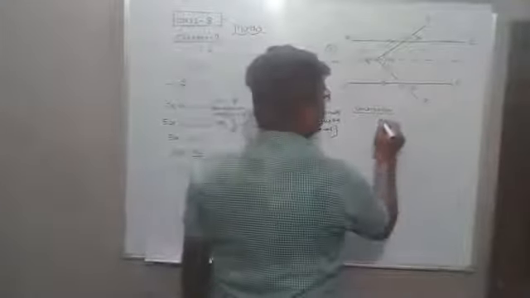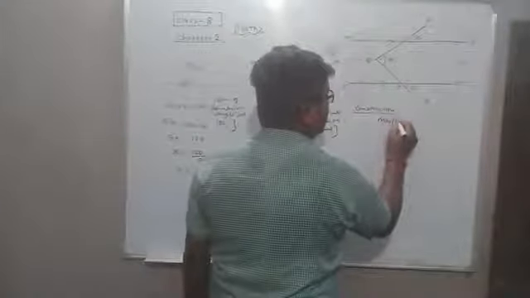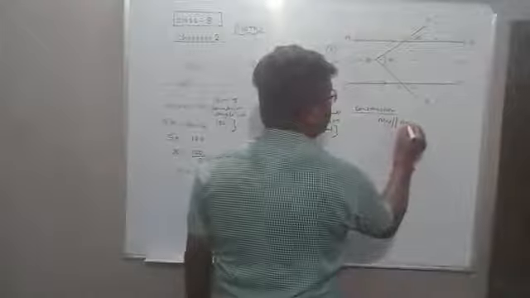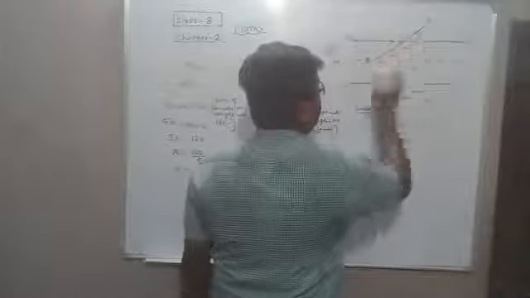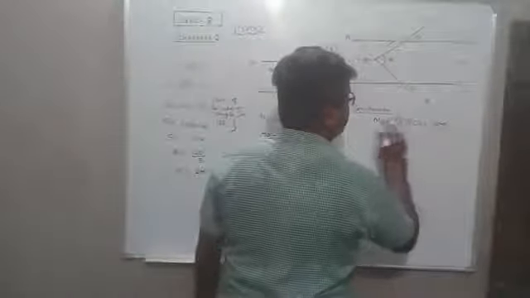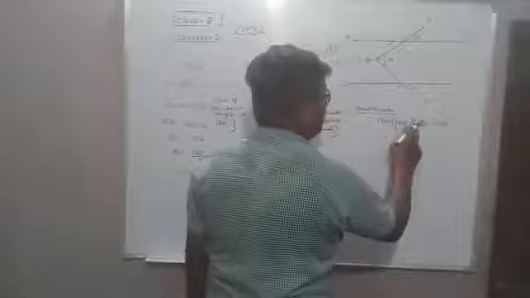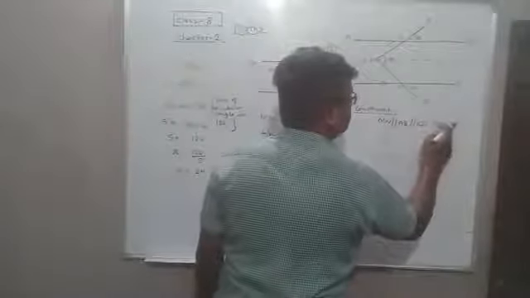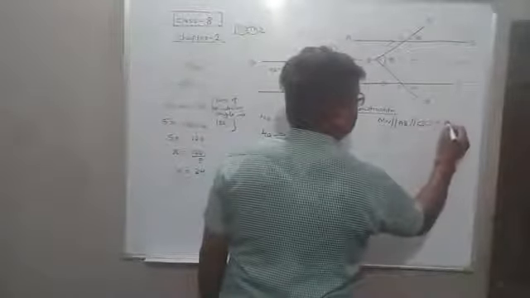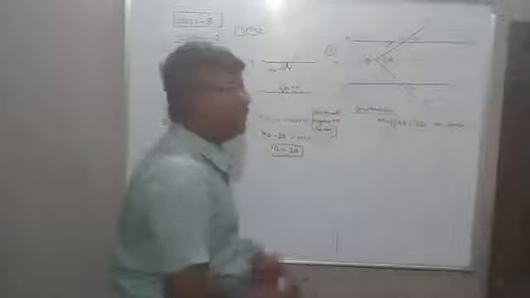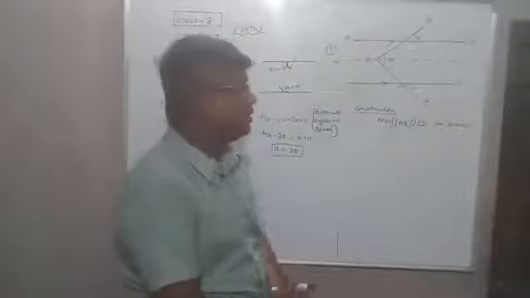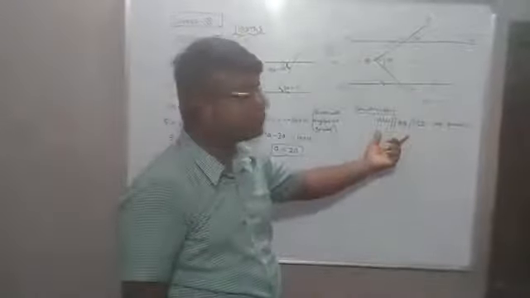So MN is a line which is parallel to AB, and AB is parallel to CD. Means MN, AB and CD, these three lines are parallel. This MN parallel AB parallel CD is drawn, we can write here, means if MN is parallel to AB, then it must be parallel to CD also. Okay, so it is drawn here.